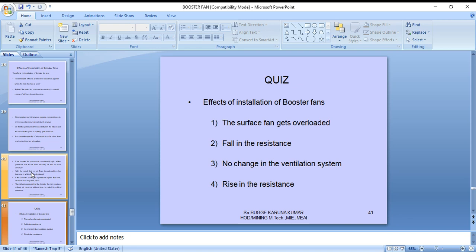The surface fan getting overloaded, fall in the resistance, no change in the metal system, rise in the resistance. These are the general effects caused by booster fans, because you put it in the middle of the airway, but you're not taking the air from where to take it correctly, which means the surface fan is affected, getting overloaded, with a fall in resistance. So it is the one effective. No change in the metal system. There is no change in the metal system. Rise in resistance. Resistance will be raised as much as